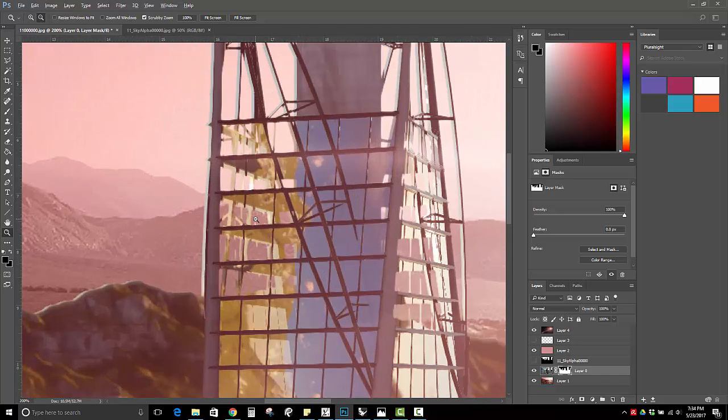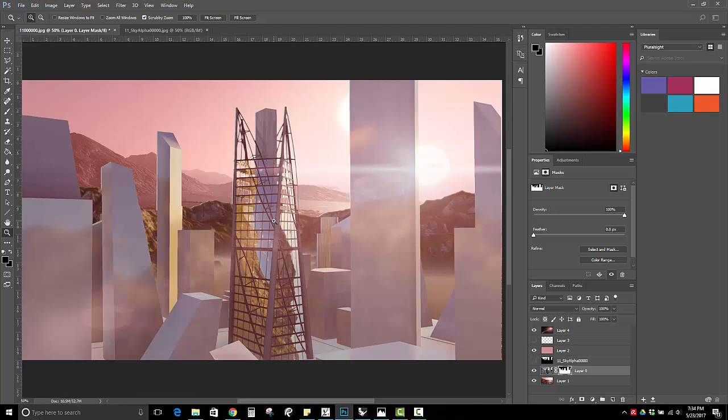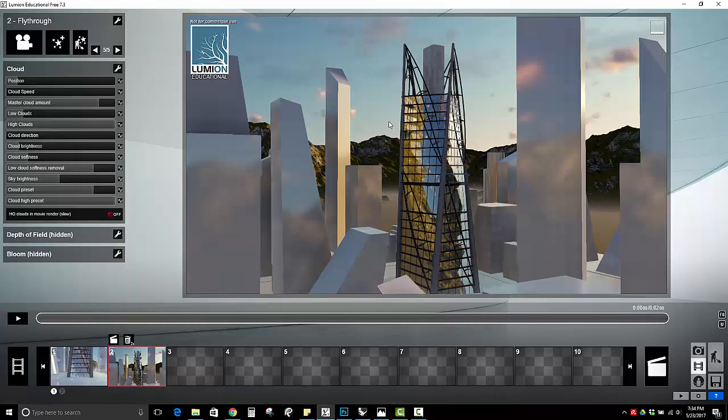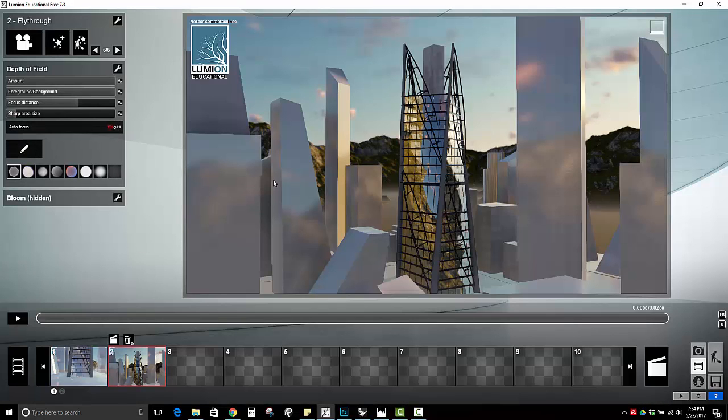Also, I don't know. Oh, that's because I chose color thing. All right, I'll try to fix that too. But anyway, what I'm going to do with this one is grab the sharper model, and the problem with it was that I had an effect turned on for depth of field. So with depth of field, what you'll notice is that it came through as a rather fuzzy edge, and that's because if you look at